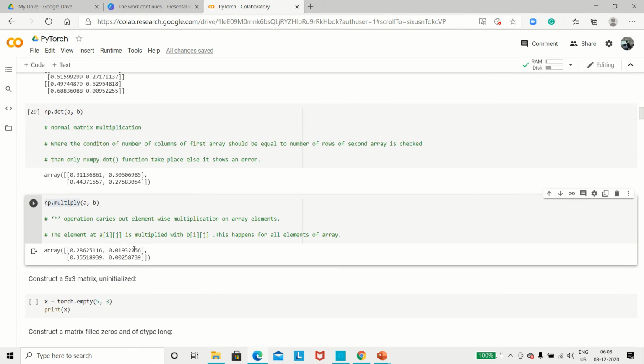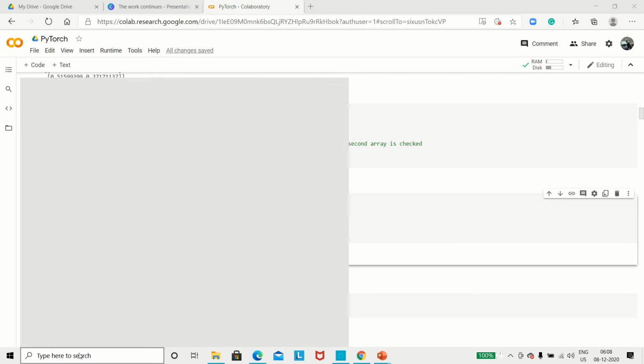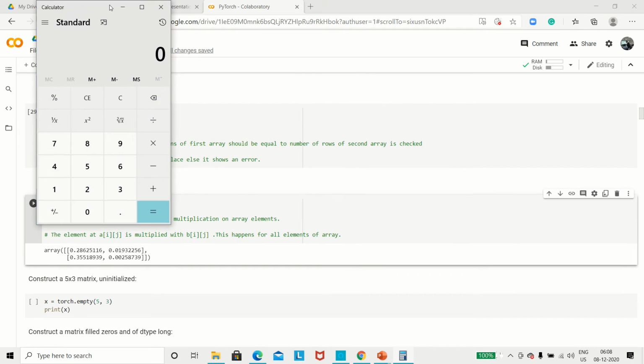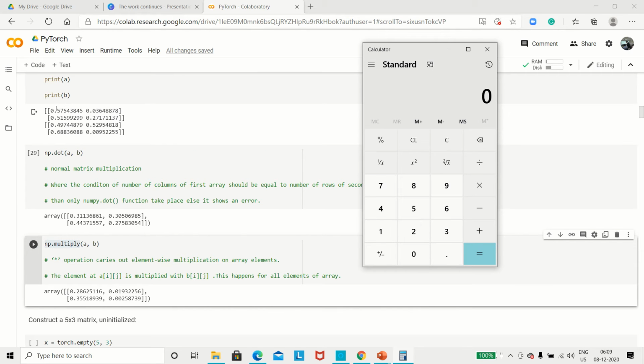Okay, now here, let me open a calculator for you. So the first element of A matrix was 0.57543845.